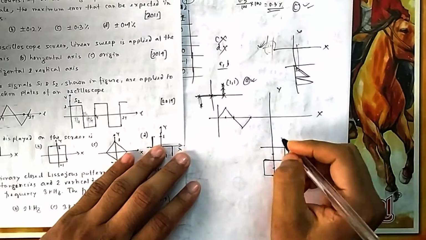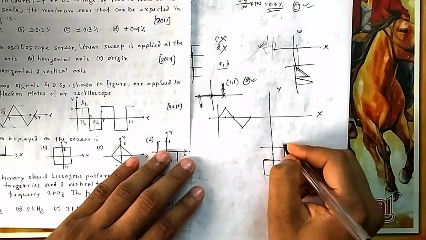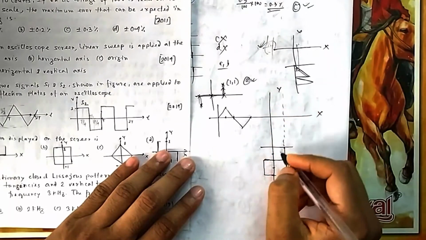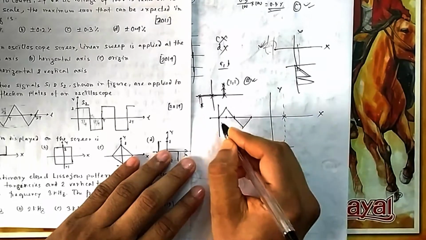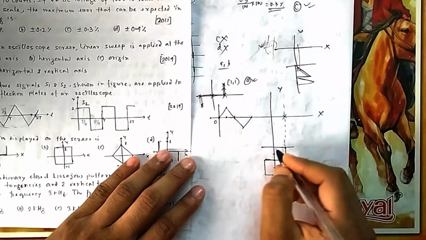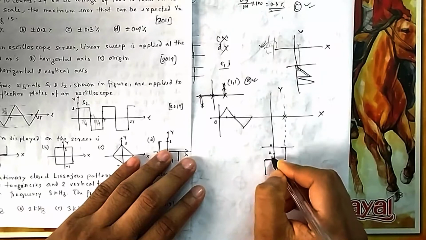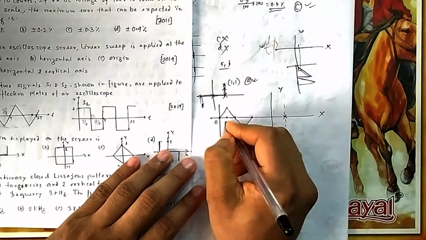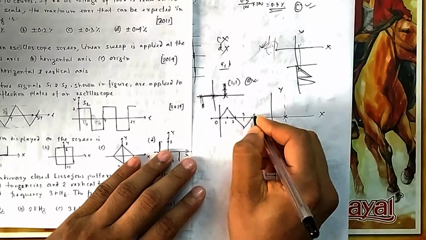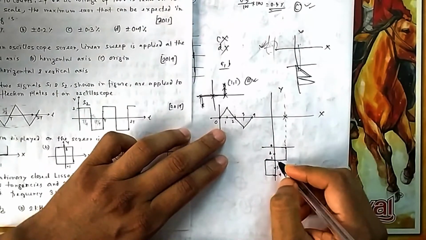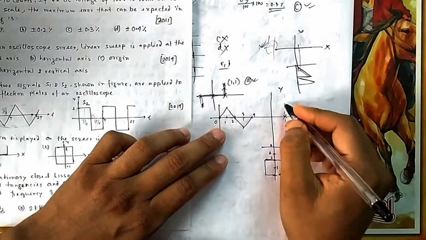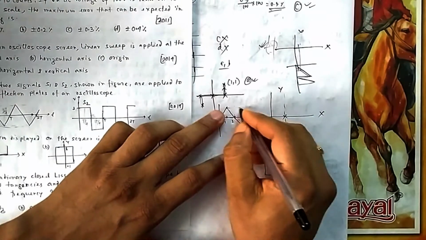So now you can proceed. First point, x will come from here. So first point is here at t equal to 0, so suppose this is 0 position, then this is 1, this is 2, this is 3, this is 4. So let us do one by one. The 0 position we have done. Next let us go to 1. At 1 it is 1, this line, and at 1 it is this line.